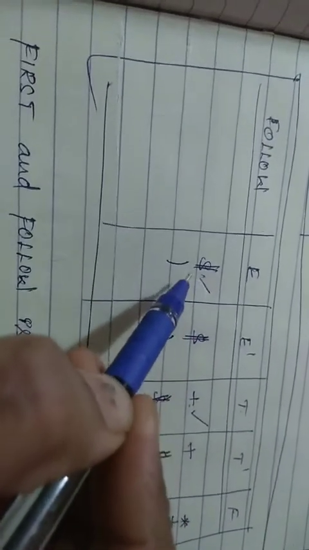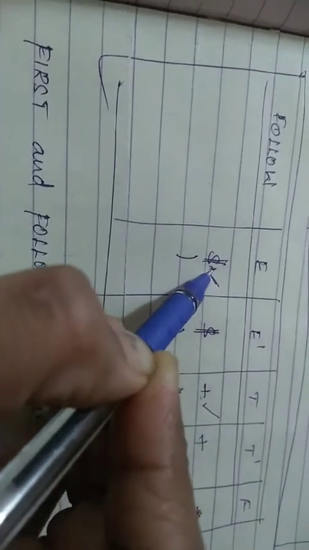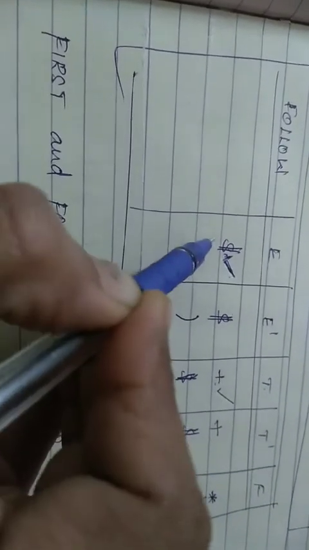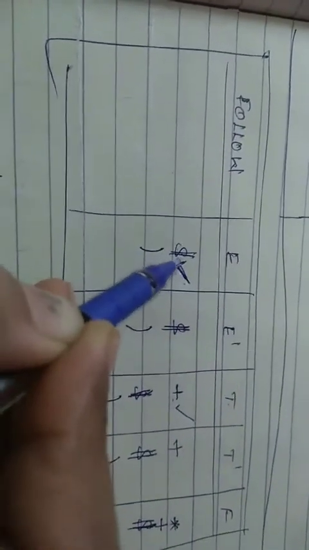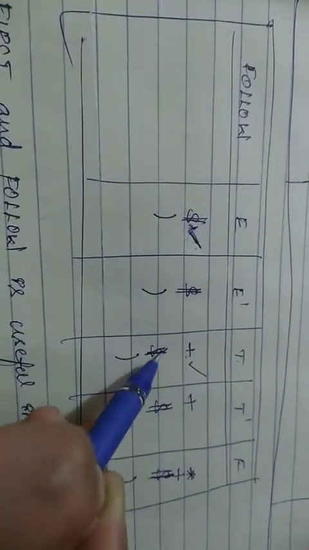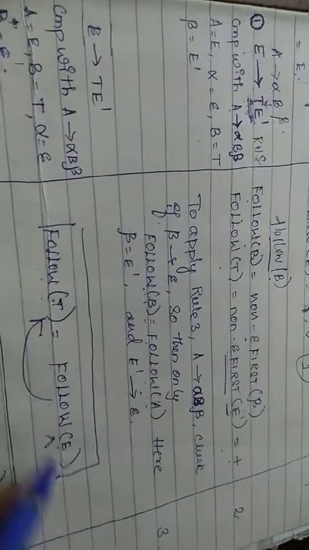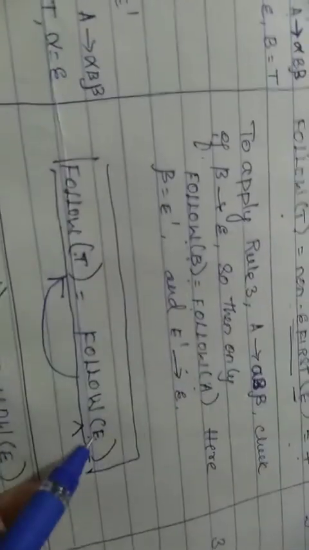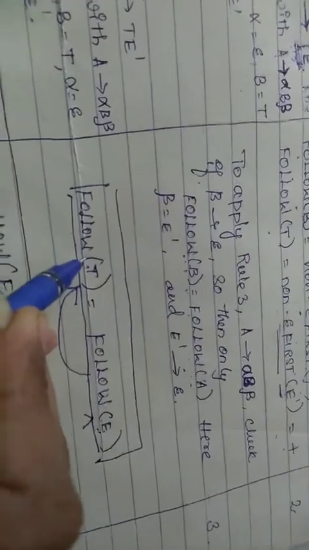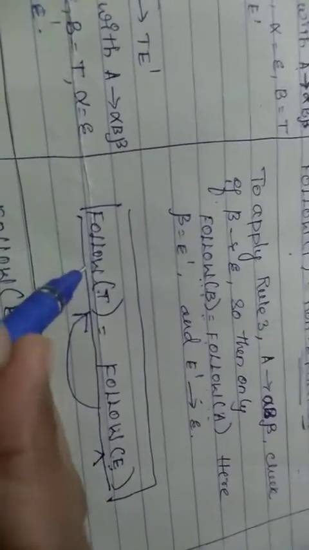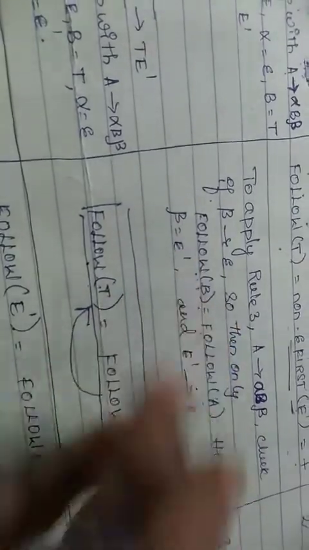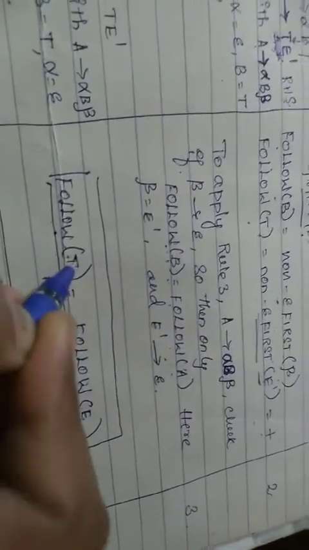Always. So, what is there in follow of E? Whichever I am marking with a tick mark, that is all that has happened right now. I have not included this. So dollar is there right now, and that will go to T. Remember, whenever you are applying any third rule, please make sure that you put a rectangular box. Who knows, later I may calculate follow of E, and at that time also that has to go to T. Finally, when you are concluding, make sure that all the rectangular boxes are the same: everything that is in follow of E is there in T. Make sure of that.